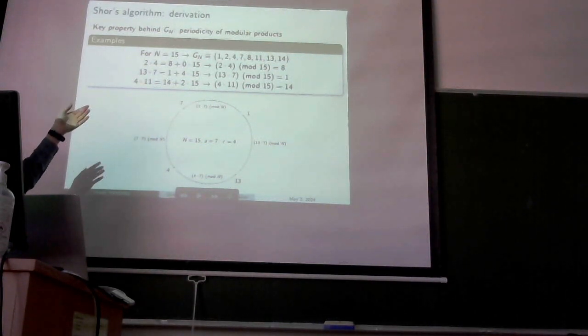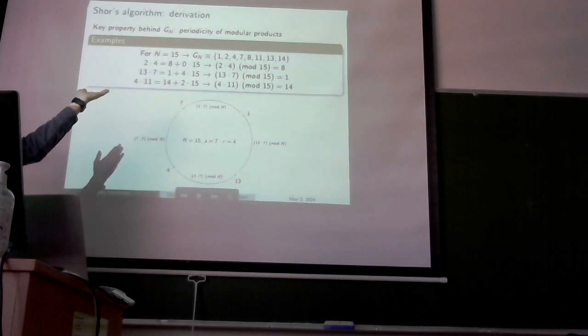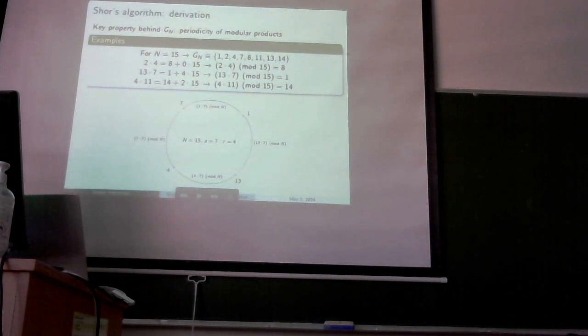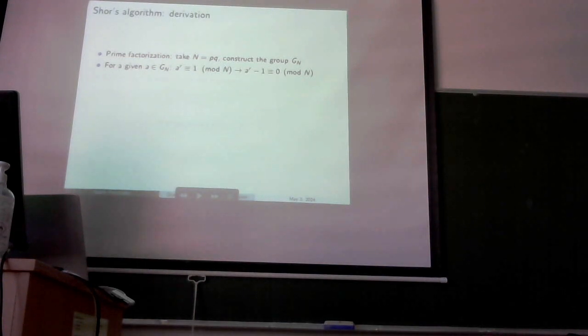This is a particular example for n equals 15, which has the following set of elements in the group. These are some simple modular multiplications to show how the procedure works. And here is a simple diagram which shows how the idea of the periodicity works. For the particular element a equals 7, the actual order is r equals 4, which means that if you start multiplying by 7 modulo n, then the result again multiplied by 7 modulo n, you're going to eventually get back to 1 and repeat the loop. And in this case, since the order is 4, it means that it is going to take 4 multiplications to repeat that loop. This is the idea of the periodicity behind modular multiplication. So how can we use this to factor a number?